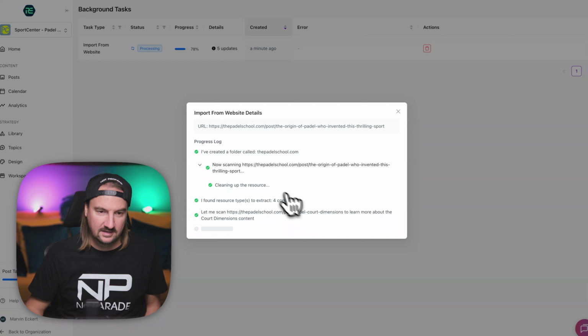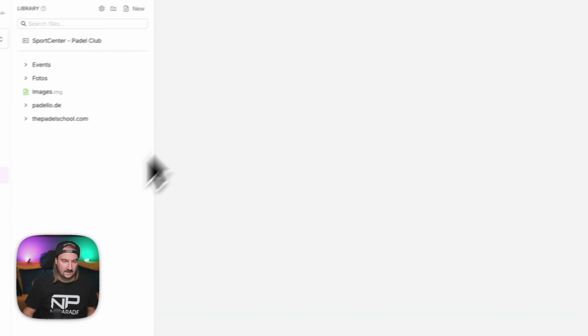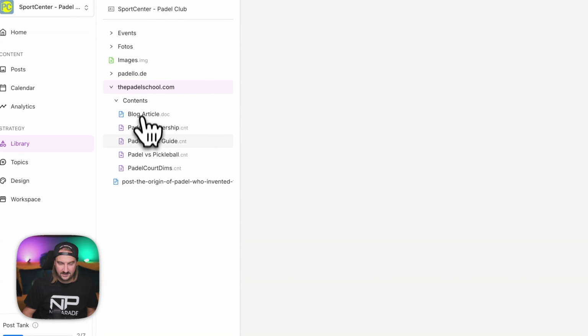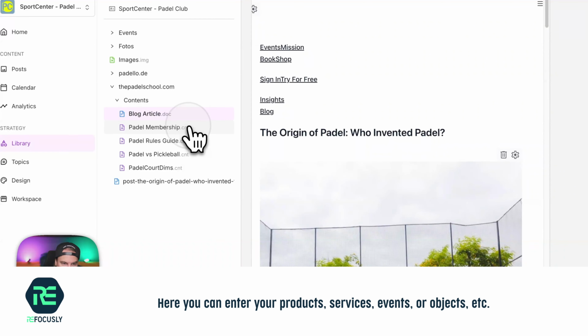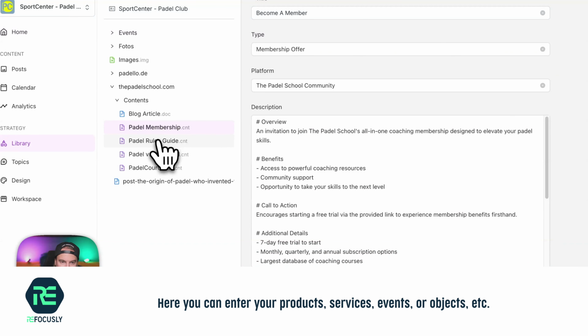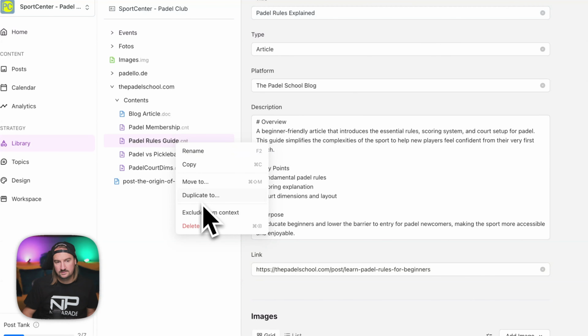It scans it to learn more, and it's almost finished. Now it's finished, then you find it here in your library. It fetched a lot of stuff. Here's the article, some more info about the paddle school, the members, and you can always exclude everything from